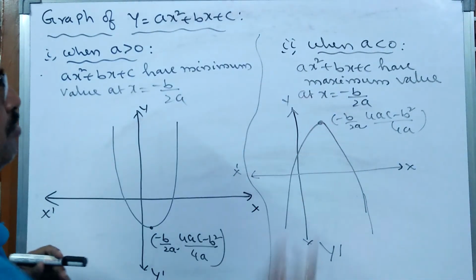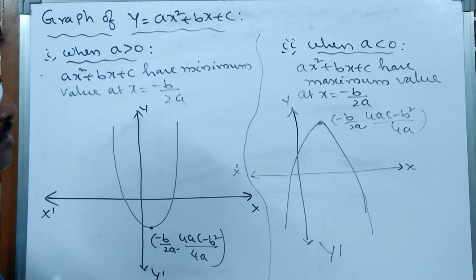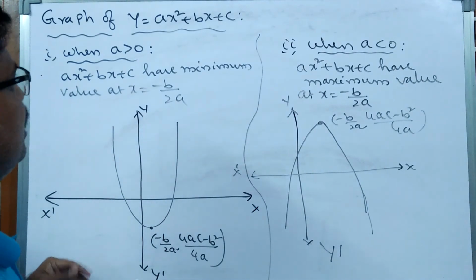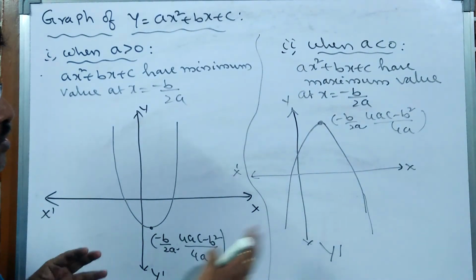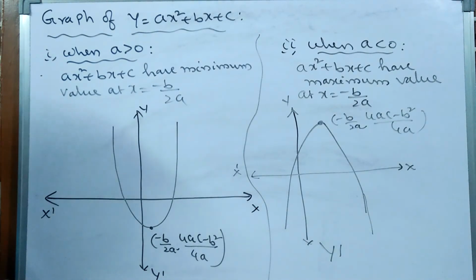So try to remember, generally in IP they will not ask, but it is important for objective. In objective you will get more number of graphs also. Note this down.